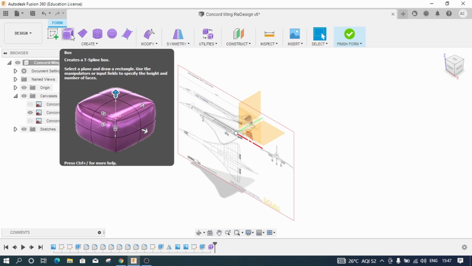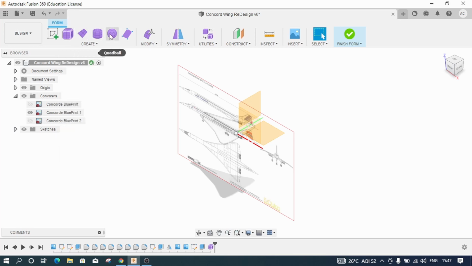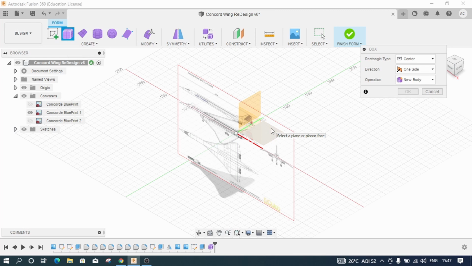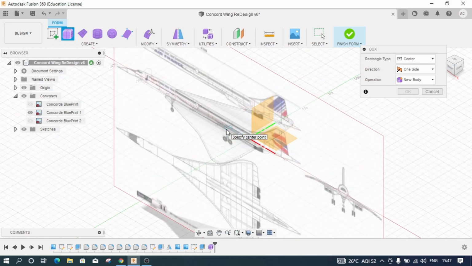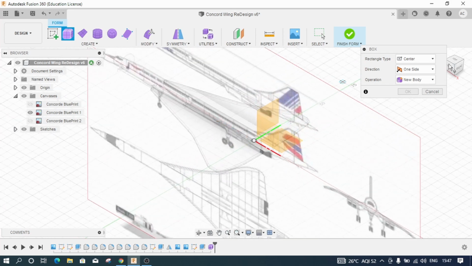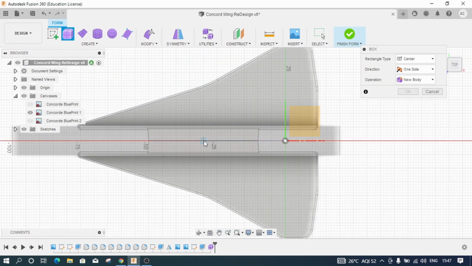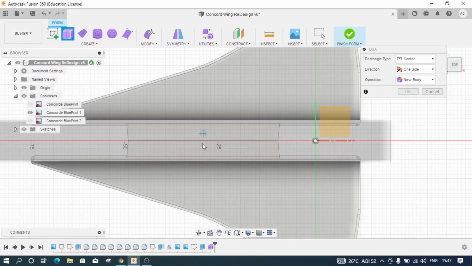Now there are various forms here like box, plane, cylinder, quad ball, face, and modify. I want to click on box, select this particular horizontal plane, and draw a small box starting roughly at this location. Let me go to the top view and pick a rough center. This is the center where we have developed these joints. Let me click on that and draw a simple rectangle by dragging my mouse.